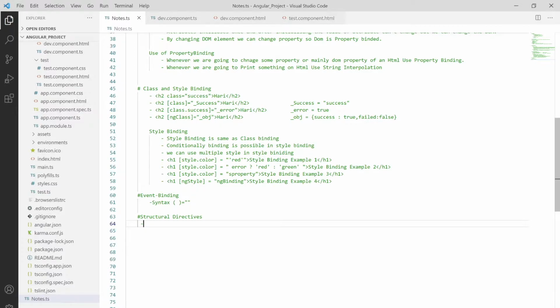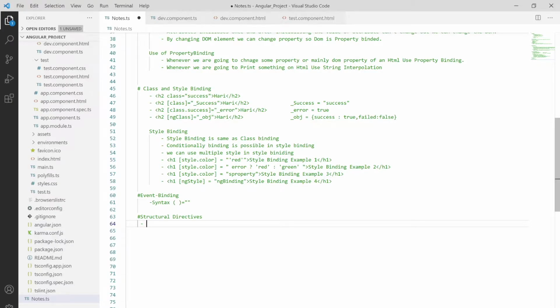Once we place the selector of our component somewhere in the template, we are instructing Angular to add our component template and business layer, which is our TS file, in the place where we use the selector. So we are instructing Angular, hey Angular, please add our component in the template on the basis of a certain condition. And a structural directive always starts with a star symbol. The star symbol represents that it's a structural directive which is really going to change the DOM.